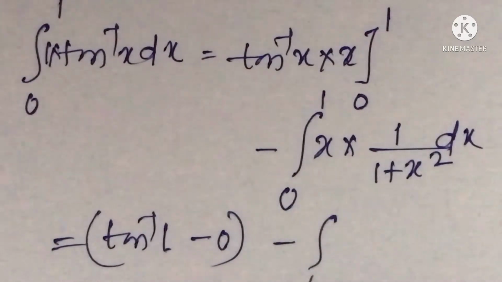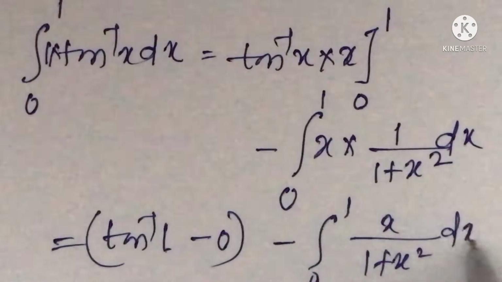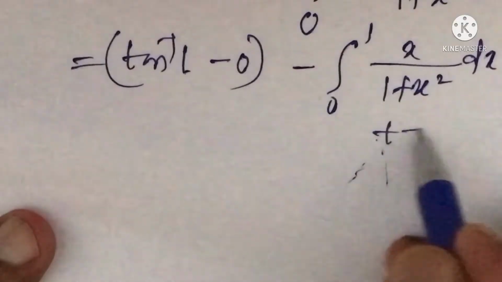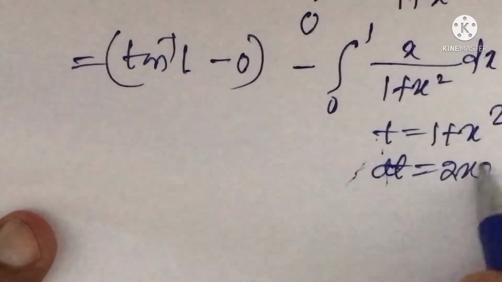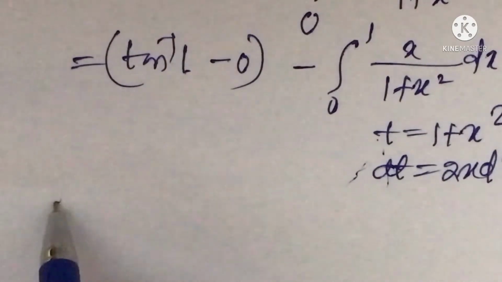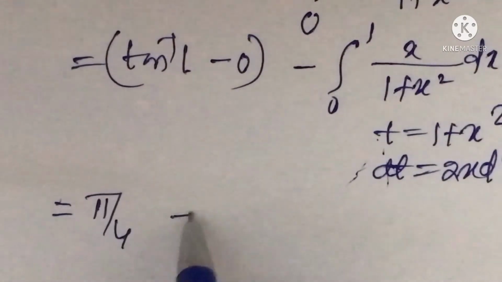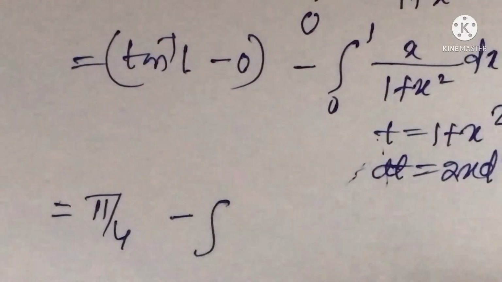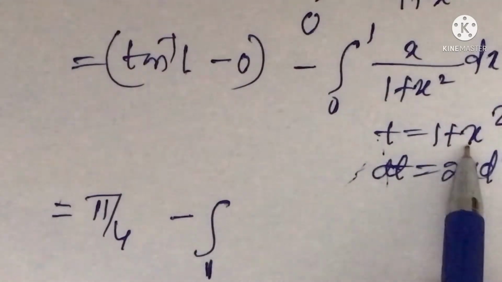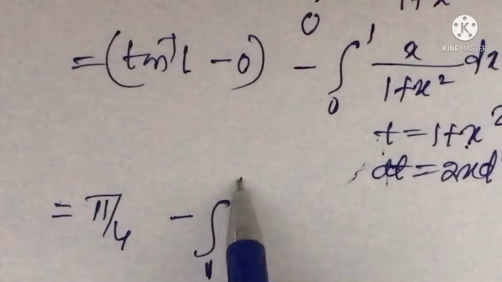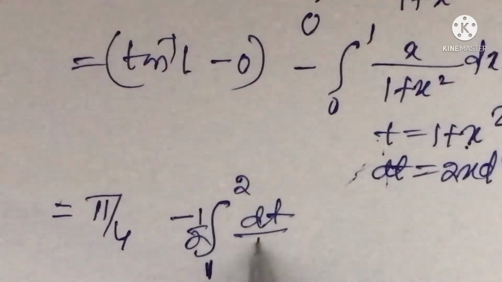To integrate x by 1 plus x square dx, we have to put t is equal to 1 plus x square, then dt is equal to 2x dx. So this is equal to tan inverse 1, which is pi by 4, minus, if we take x is equal to 0, then t is equal to 1. If we take x is equal to 1, then t is equal to 2, 1 by 2 dt by t,